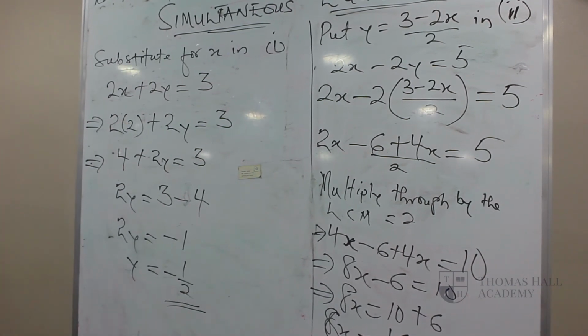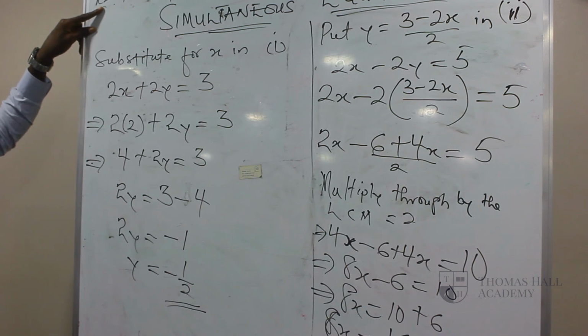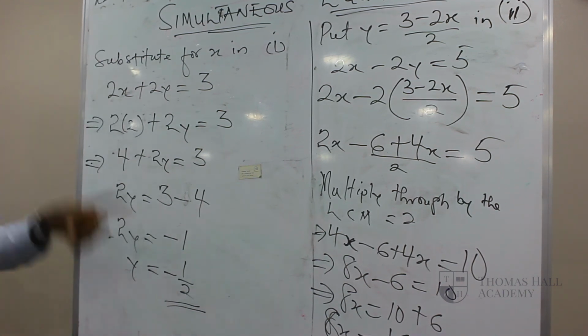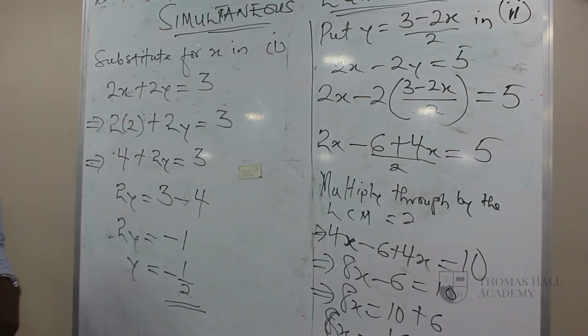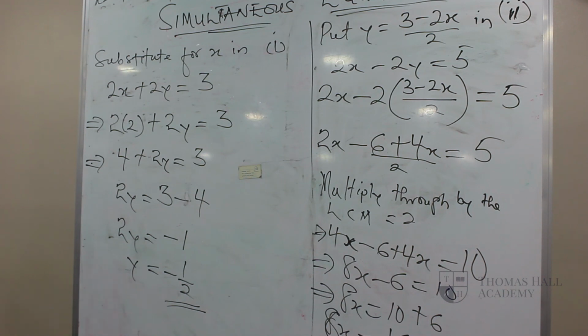So the value of x is 2. The value of y is minus 1 all over 2. The same answer we got using the elimination method is the same answer we get here. X is 2, y is minus 1 all over 2. That is how to solve simultaneous equations. It's as simple as that. Using the elimination, using the graphical, or using the substitution method. Even if you use the graphical method, you will still get the same